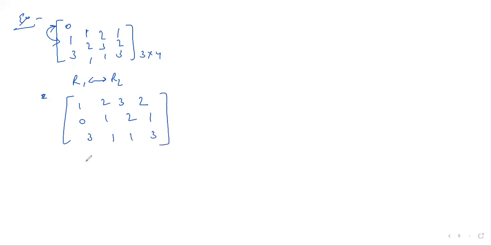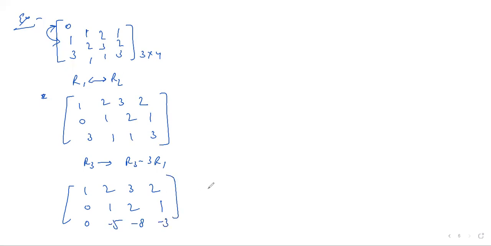Okay, and let's apply another transformation on R3: R3 minus 3R1, and that would give us 1 2 3 2, 0 1 2 1, 0 minus 5 minus 8, and that would be minus 3. Okay, now let's apply another transformation on R3. So this would be R3 plus 5R2. And this would give us 1 2 3 2, 0 1 2 1, and that will be 0